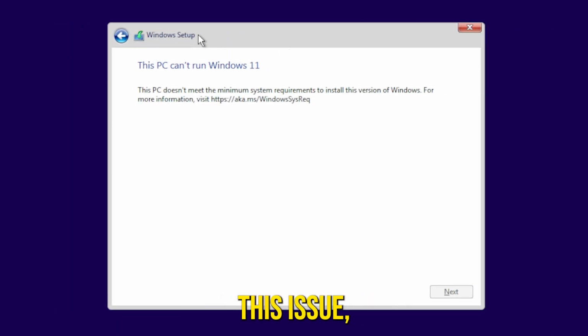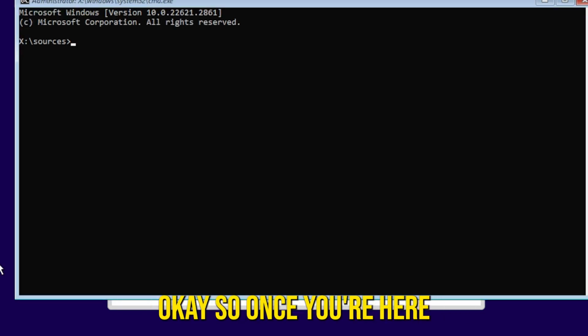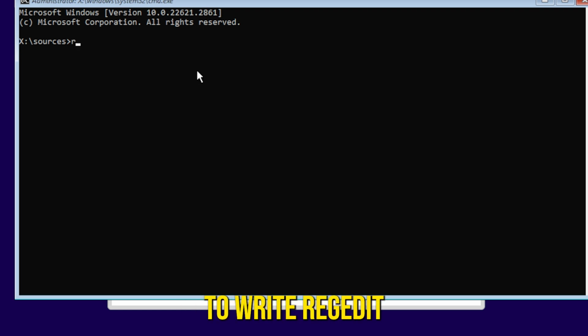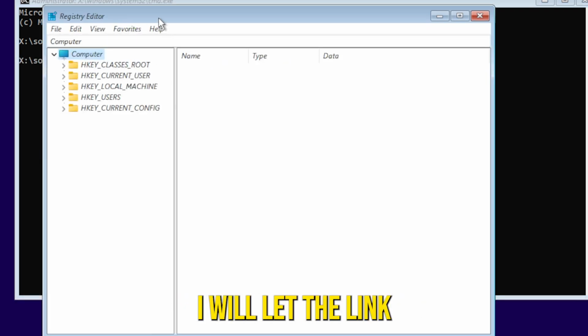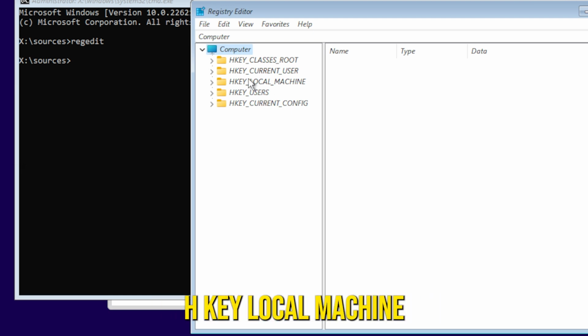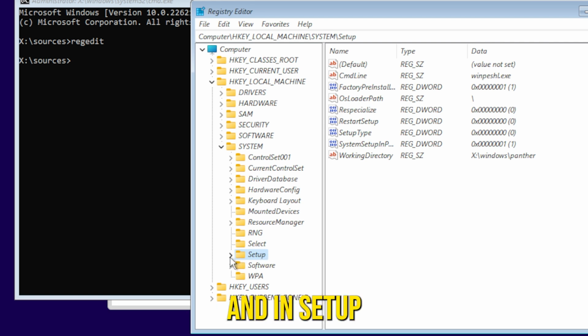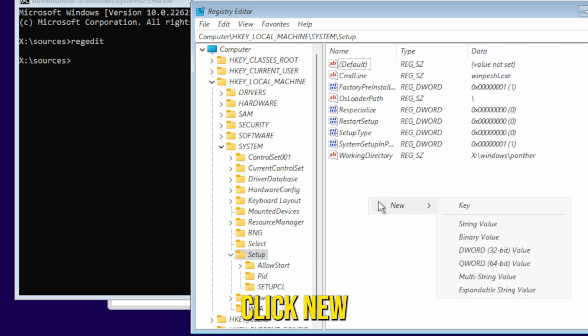If you're having this issue, you have to go back to this option and press SHIFT and F10, okay? So once you're here, you have to write regedit. I will leave the link, the commands, in the description, and you have to go to HKEY_LOCAL_MACHINE, SYSTEM, Setup, and in Setup you have to right click, New,